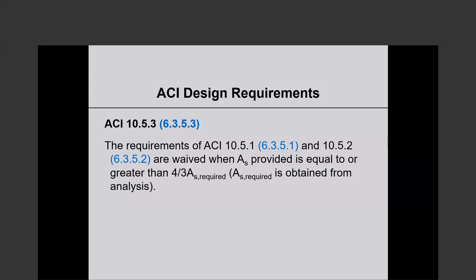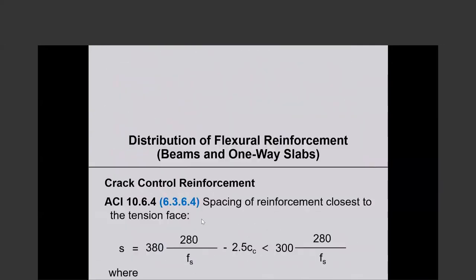And how much reinforcement is required is obtained from analysis of the structure under the service level loads that we are trying to carry. Okay, so this is a very, very important exemption